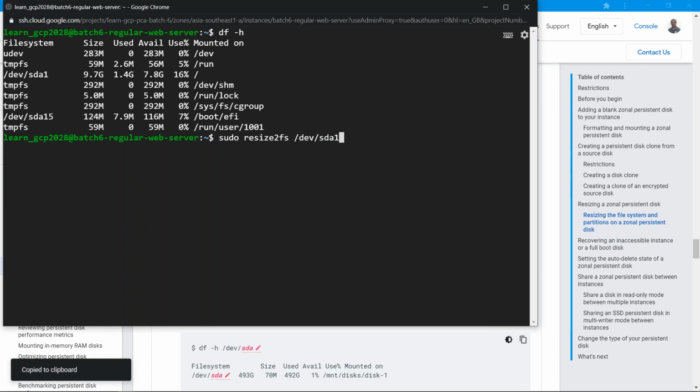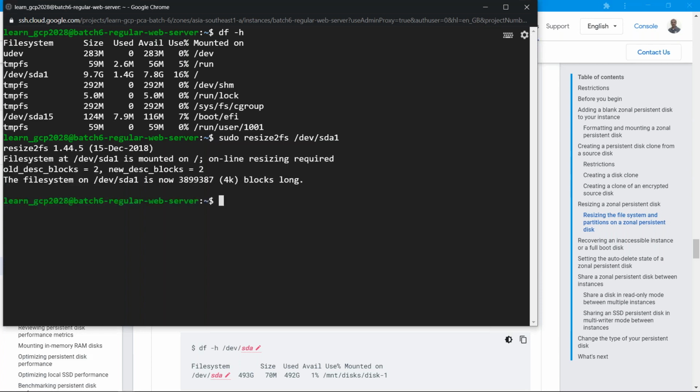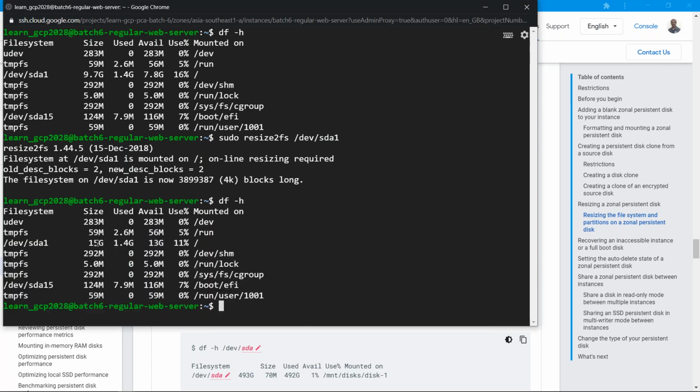It's going to now resize my file system. Now if I do df -h, you should see the change, folks. You see this? Previously it was 9.7, now it is 15 GB. Simple. We were able to expand our disk without any downtime, and we are doing it on the